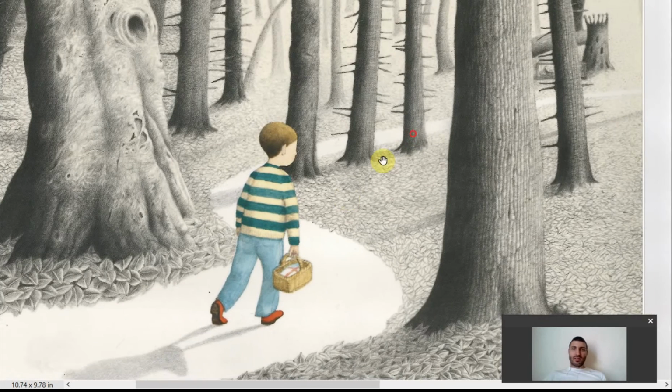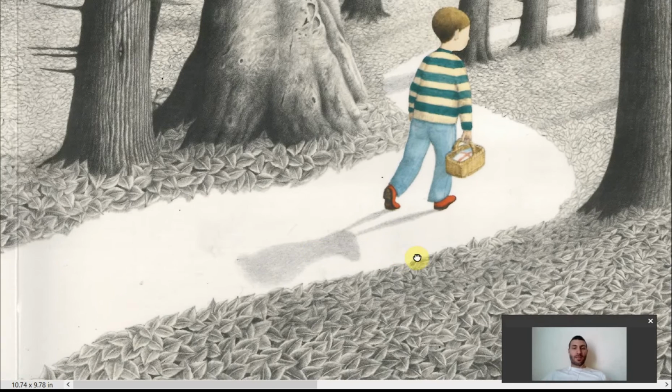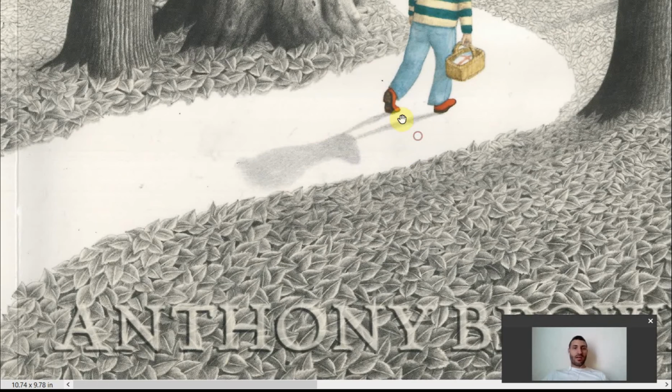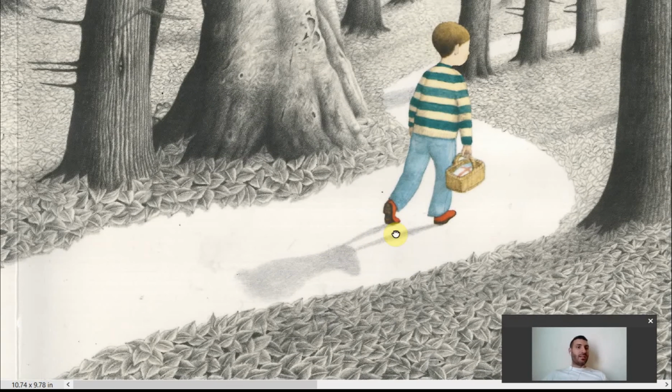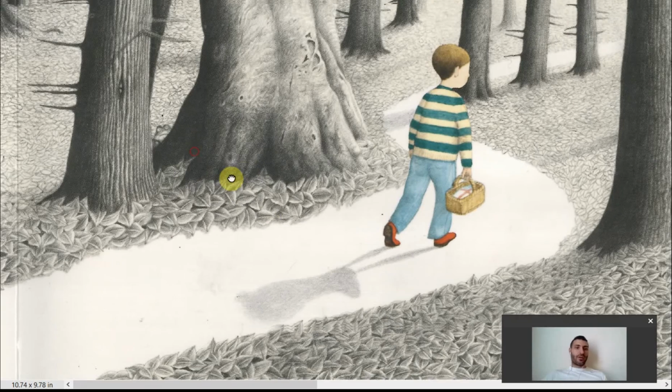Anthony Browne here is doing his magic, this shadow. I would say it looks very much like a rabbit. I mean, it could definitely be just the boy, but it has that rabbit again linking to other stories here. I'm thinking the tortoise and the hare that comes out, but he loves to merge the dreamlike with the real,